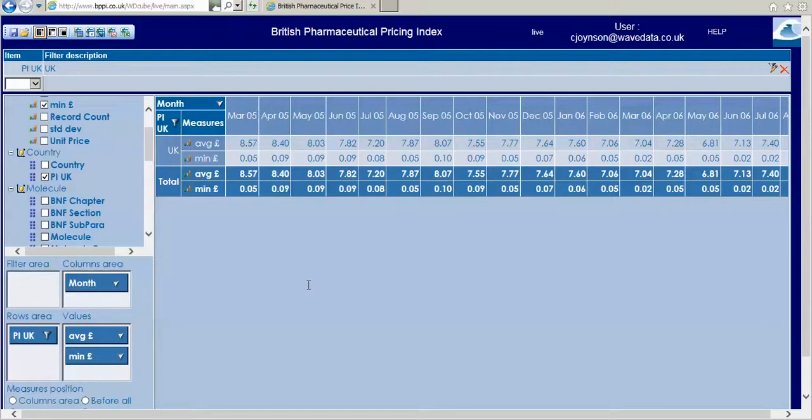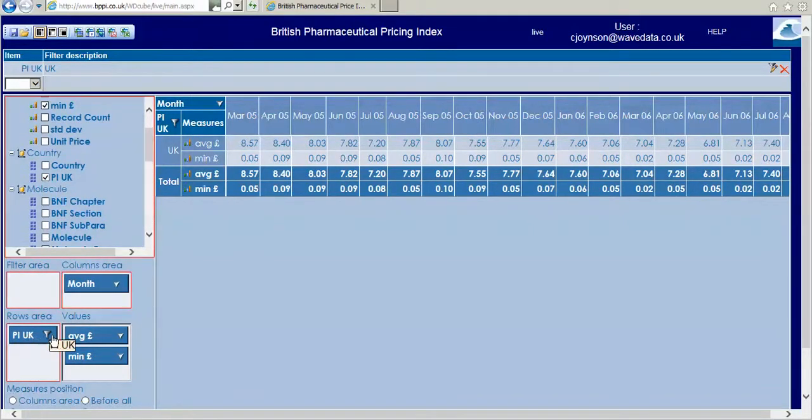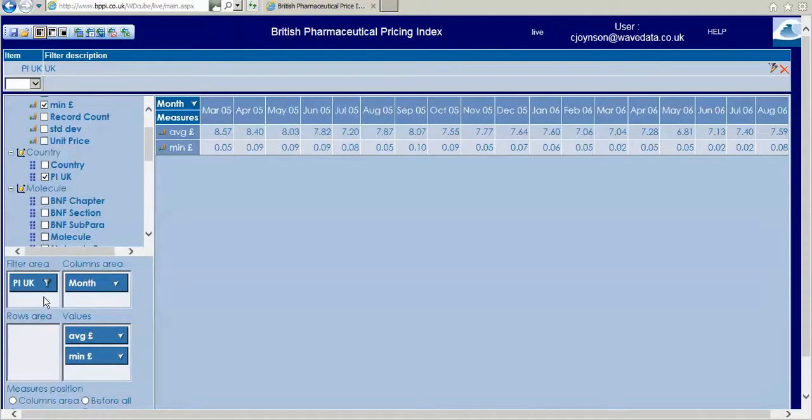So that's done. We've now filtered on the UK, and the next thing I want to do is to actually drag that from the rows area, and you'll see that red boxes appear when I do it, into the filter area. Now if for any reason you're unable to do that and you don't think it's your internet connection and the connection speed,